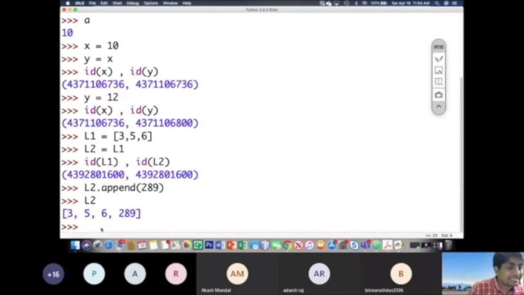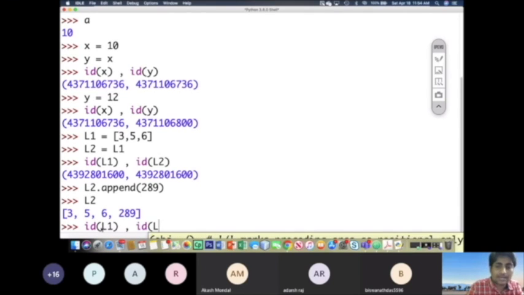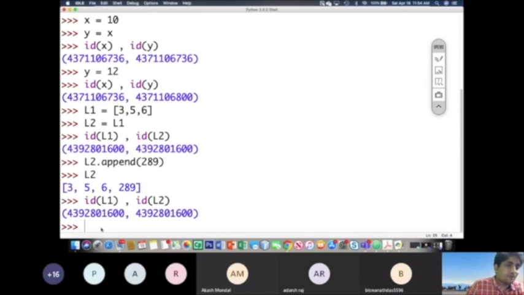But does it change the value of L1? Let us first find out the ID of L1 and L2. So ID of L1 and comma ID of L2, let us find out. Bingo, here you go.